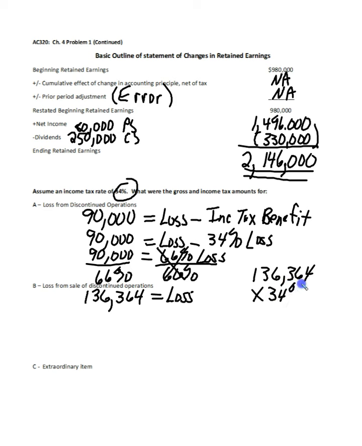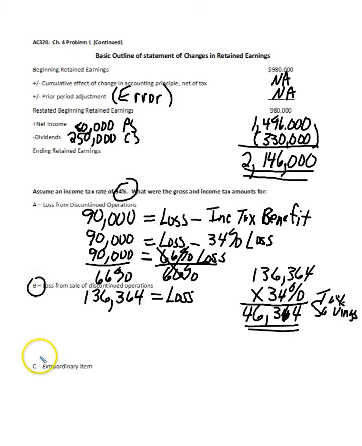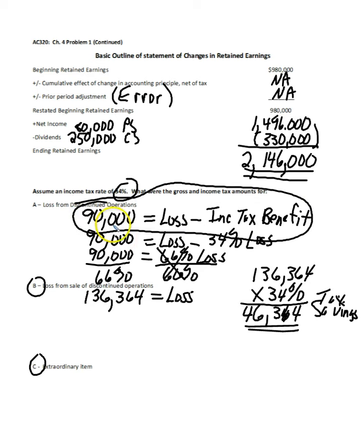So we get to deduct this loss, so we get a little benefit from the loss, and that's going to be 46,364. Oh, I didn't write that right. So our benefit is 46,364, our tax benefit, or if you prefer, tax savings, whatever you prefer. Just because of time, you can do the same thing with another number for the discontinued operation extraordinary item. Just set them up in this formula, right? They're going to equal the loss minus the income tax benefit, and you can work through it and get the